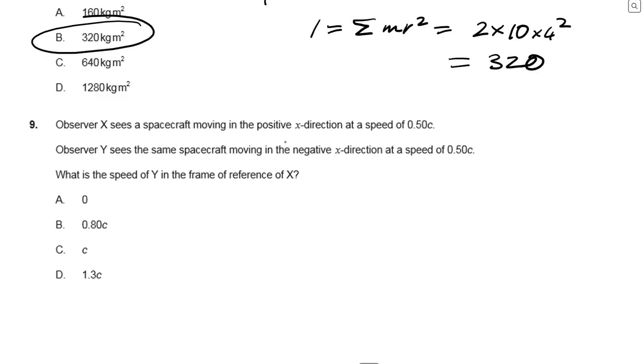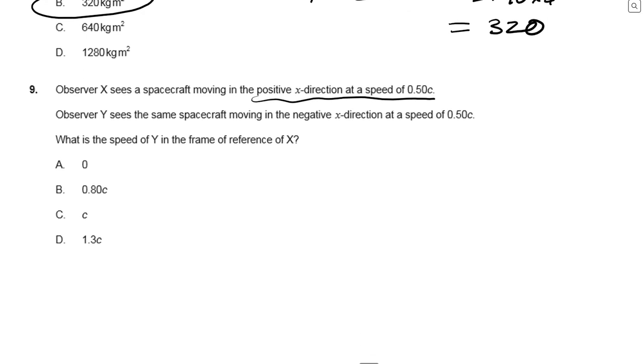Observer X sees the spacecraft moving in the positive X direction at a speed of 0.5 c. Observer Y sees the same spacecraft moving in the negative X direction at a speed of 0.5 c. What is the speed of Y in the reference frame of X? Now for this, okay, what is the speed of Y in the reference frame of X? So we're looking at speed,